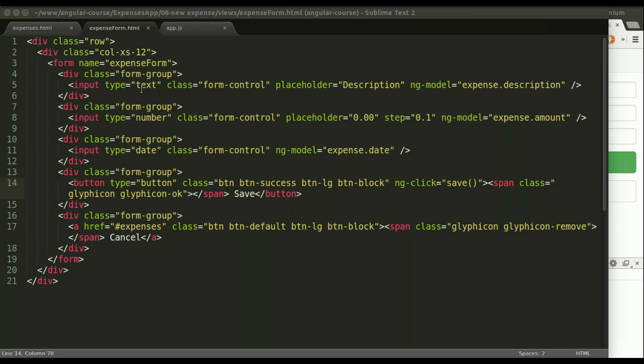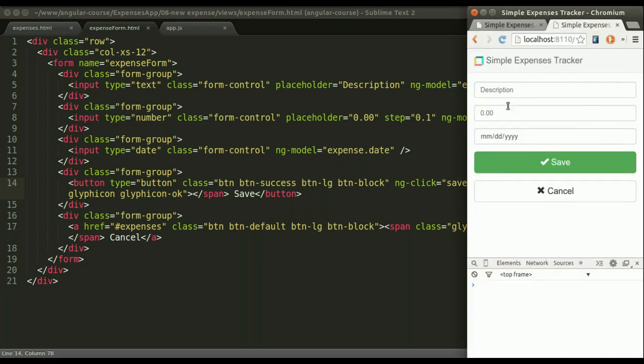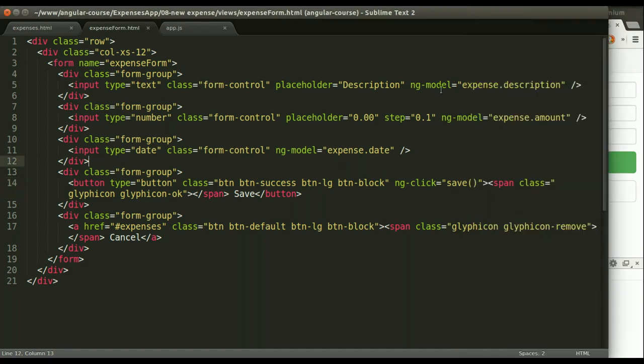It is a very simple form. It has a field for the description, the amount, the date. All of these fields have the ng-model directive, which specifies which model they refer to. So in this case, we're expecting an object called expense in our scope, and that object should have a description,